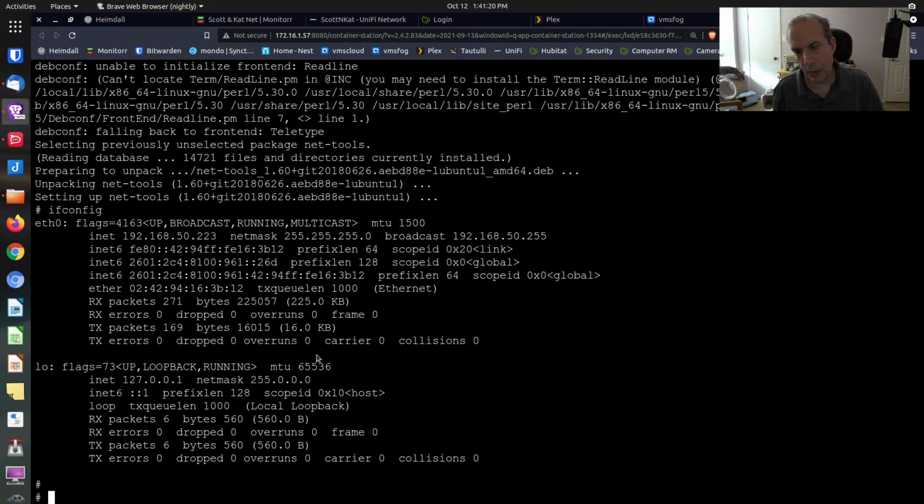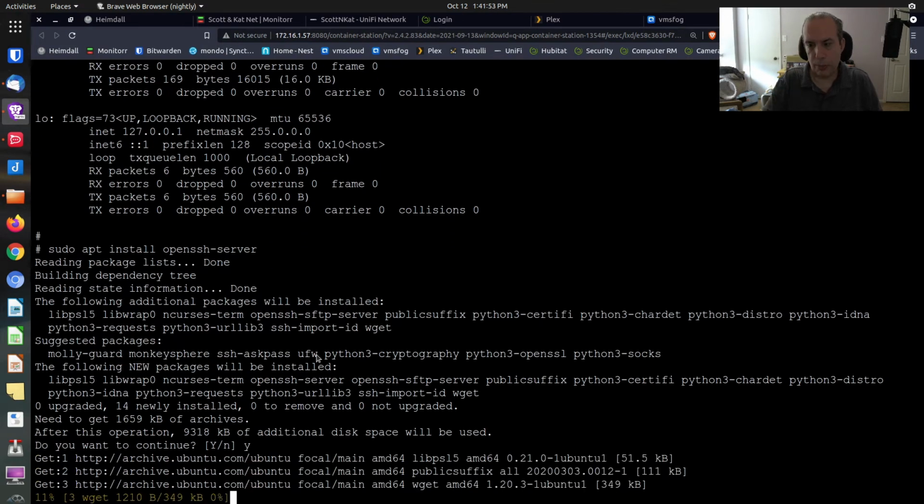So I could go out to my network configuration, my network administration, and I could establish a DHCP address reservation and set the address to what I want, or I could go into Ubuntu here and set it. And then very simply, I can say sudo apt install openssh-server,